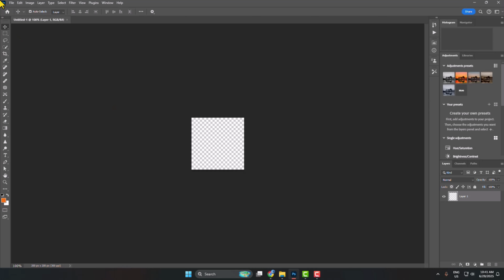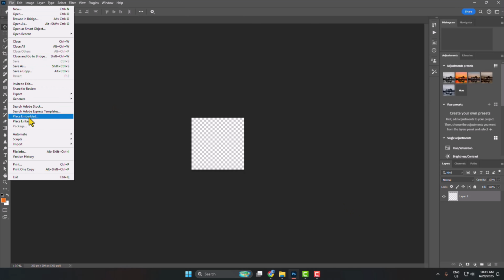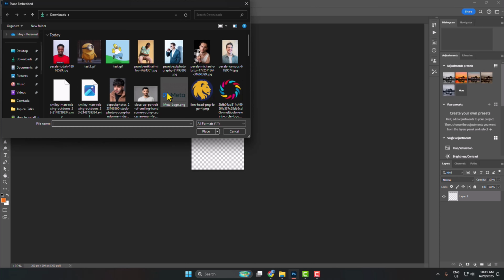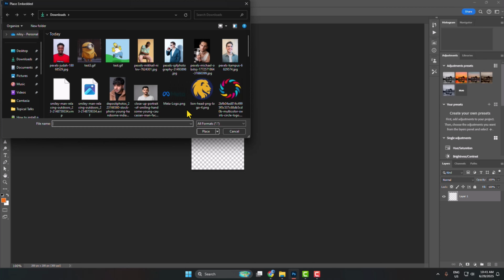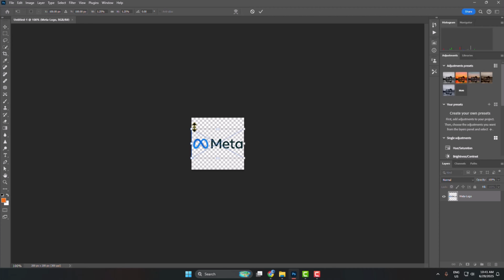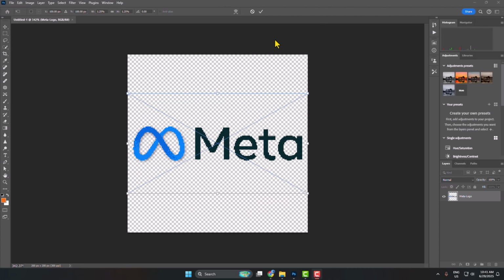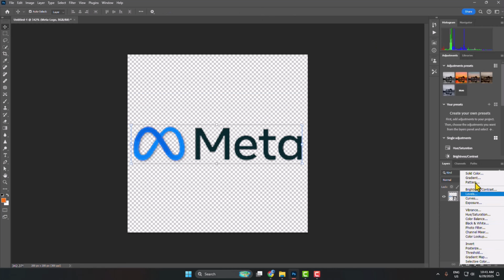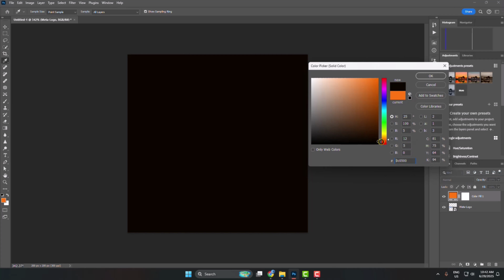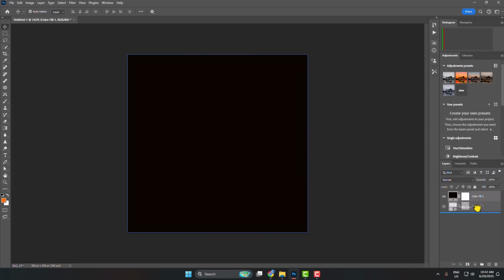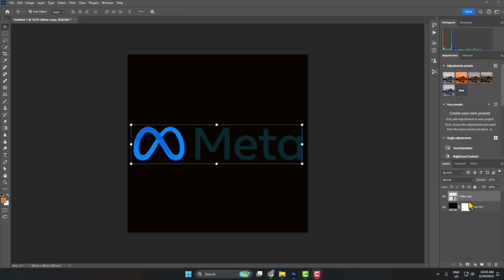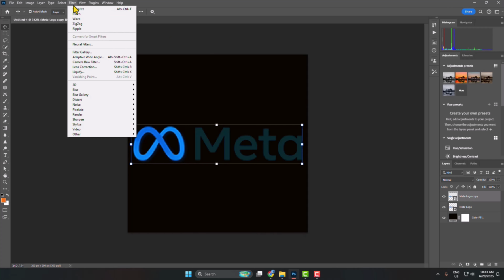And now go to file, click on place embedded and select your logo or text to make a pattern. So I'm selecting my text logo and just zooming in my project just like this and clicking on done. Now I'm adding a solid color background first of all. Okay, now we have to duplicate our subject layer and then select the upper one and go to filter and